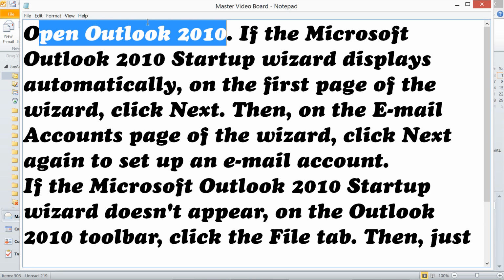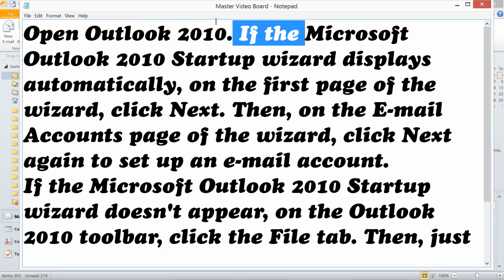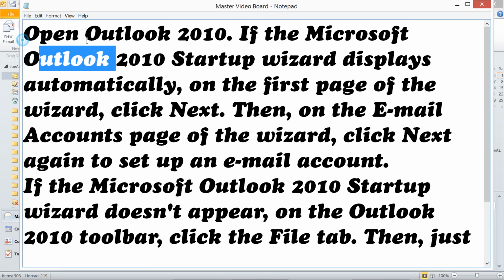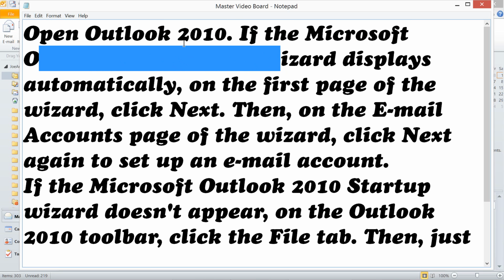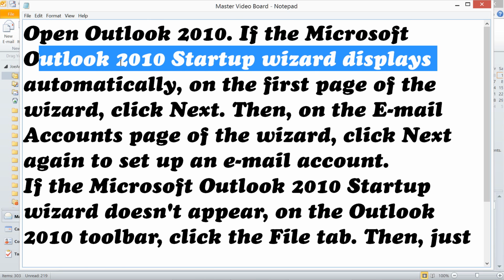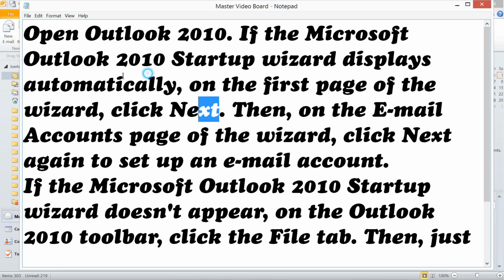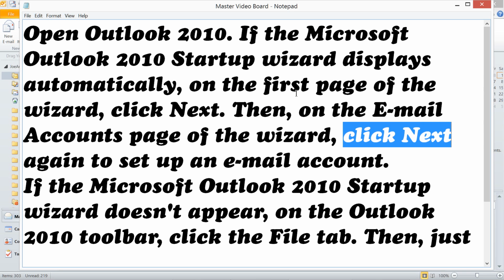Open Outlook 2010. If the Microsoft Outlook 2010 Startup Wizard displays automatically, on the first page of the wizard, click Next. Then, on the email account page of the wizard, click Next.